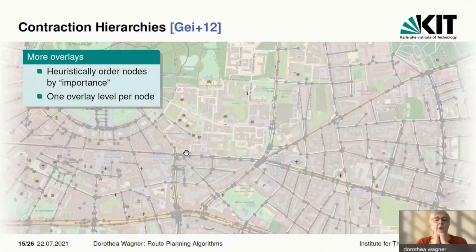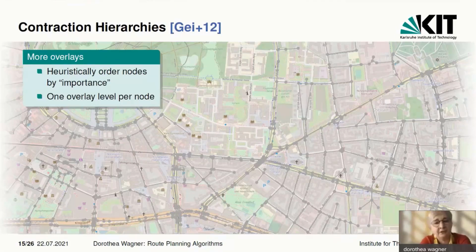Now let's talk about the other approach that's relevant today besides multi-level Dijkstra. The other approach is contraction hierarchies. And this is also an approach that works with overlay graphs, but the overlays are computed quite differently, although we will see later that these two techniques, multi-level Dijkstra and contraction hierarchies, have a lot in common at the end when they are engineered